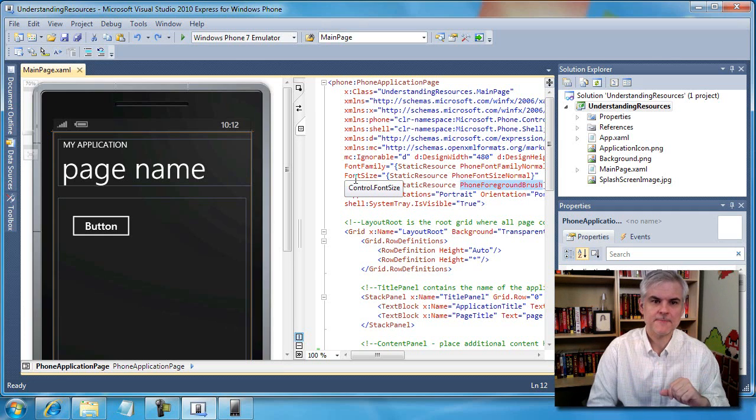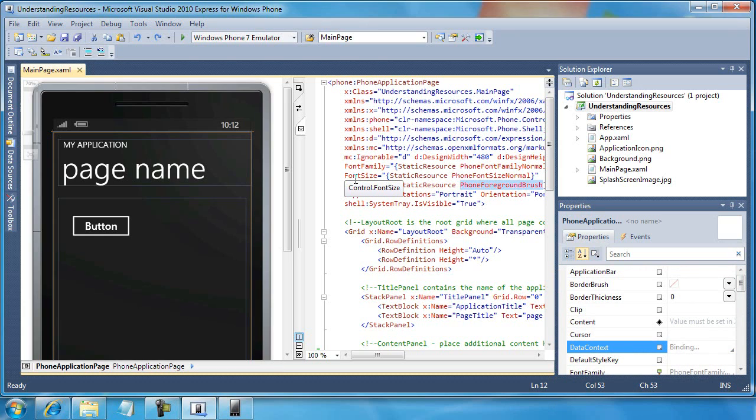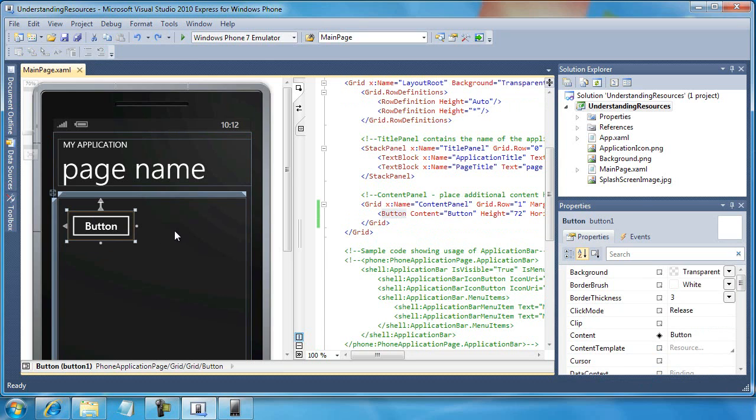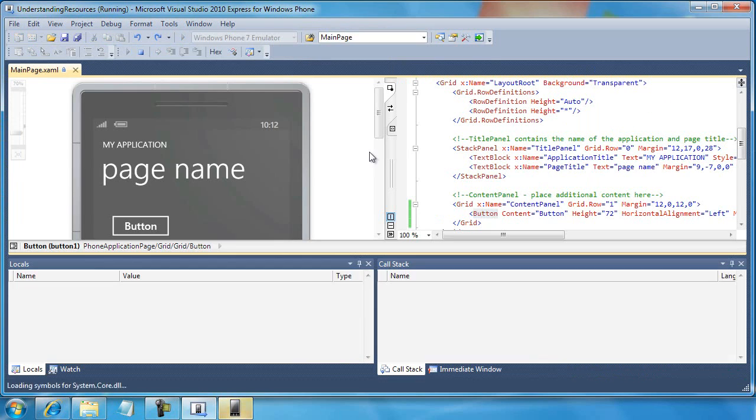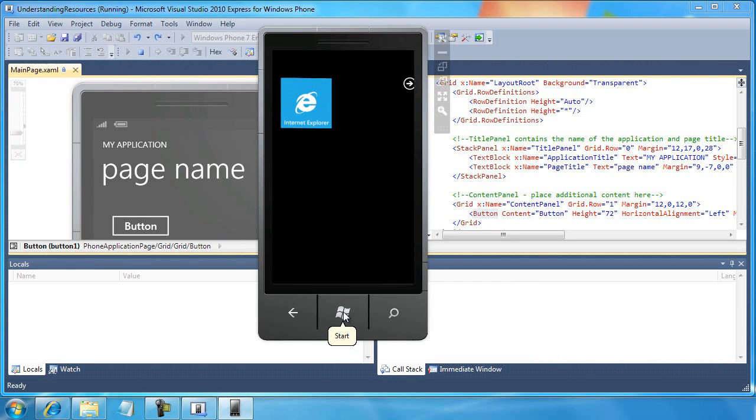to give it a distinct look. So, as you can see in Visual Studio, I have a new project created called Understanding Resources. The only thing I've done up to this point was add a button control. And at first, all I really want to do is just pop open the emulator and click the Start button so I can get to